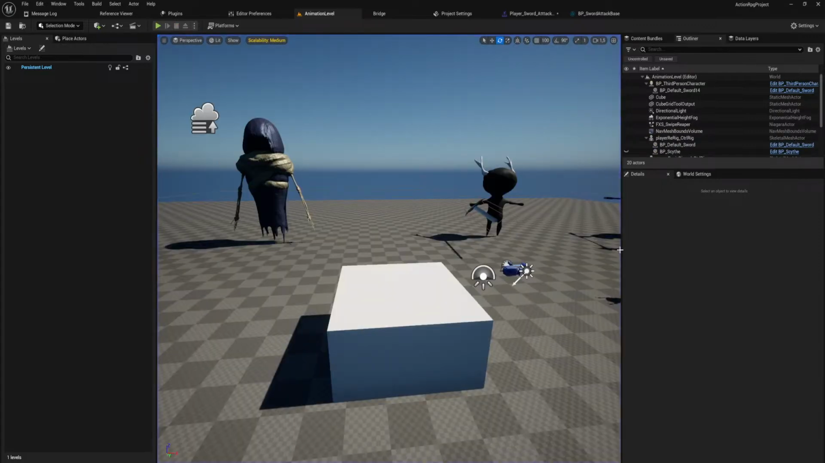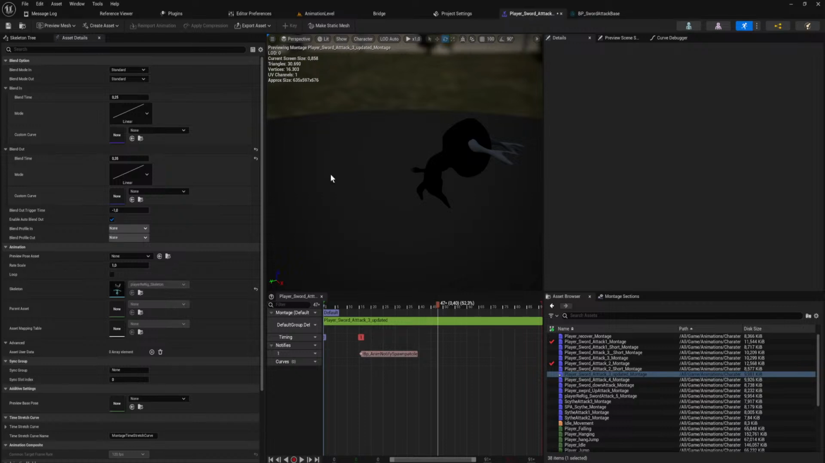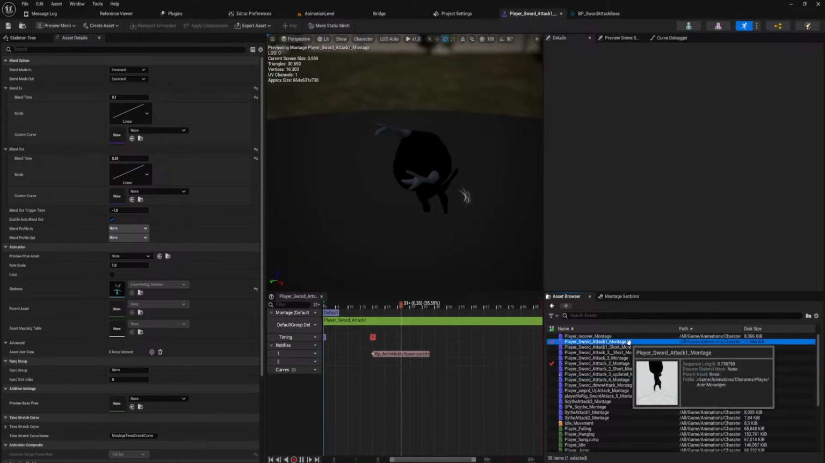Well, the animation notifies, and this is kind of annoying the way that it works, but the animation notifies get put in at a specific time. So if I move the keyframes around in the animation, I also need to move the animation notifies. But I think we have some improvement here. I just need to...